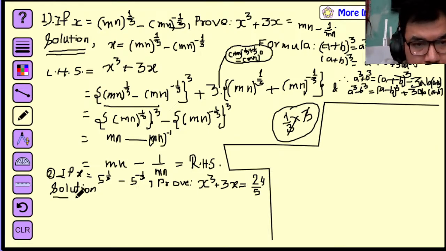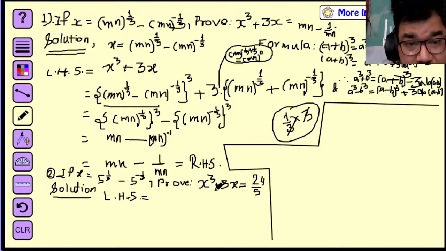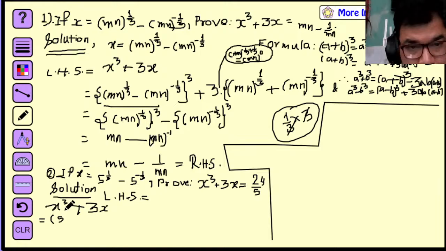Okay, its left hand side is given here, LHS. What is given in the left hand side there? x cube plus 3x, okay, like this, x cube plus 3x. And then we have to write here the x value, that is given as 5 to the power 1 by 3. Okay,